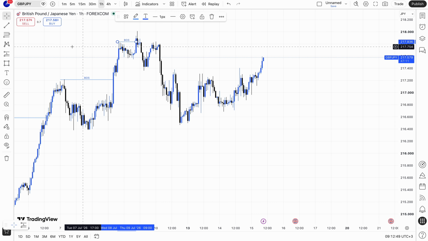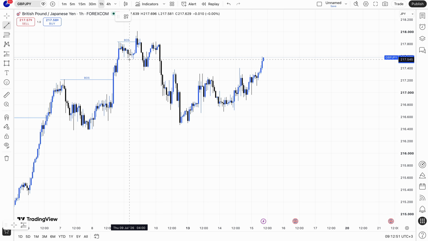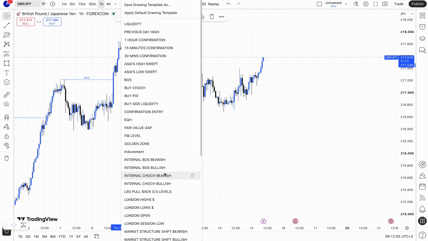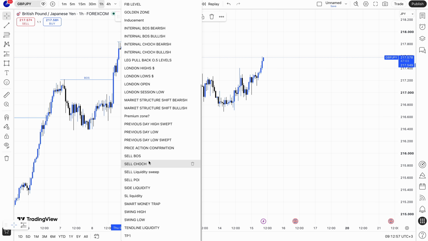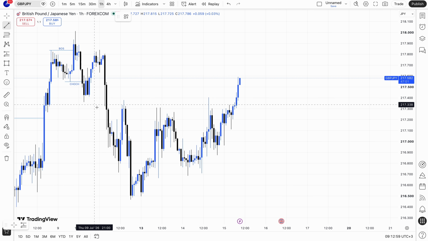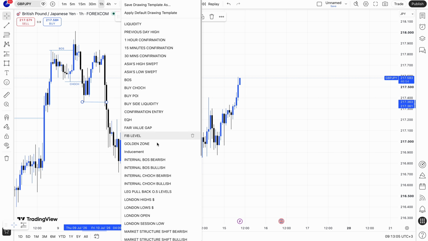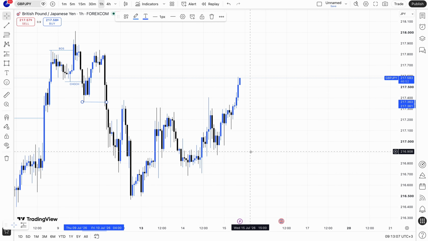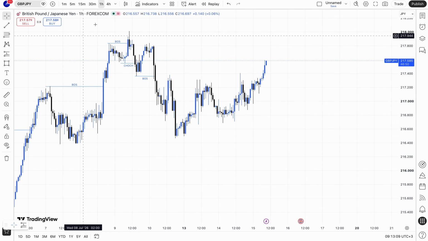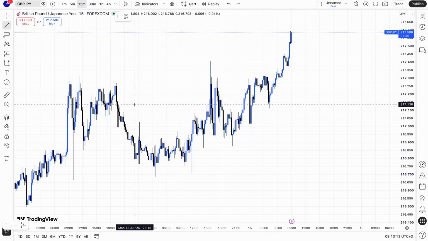Then from here, we had a continuation breakout structure to the upside, a breakout structure to the upside. Then you had the change of character to the downside, external market structure. Then you had the breakout structure, external market structure, continuation to the downside. Then from here you can clearly understand that you had our pullback, but this pullback was internal market structure